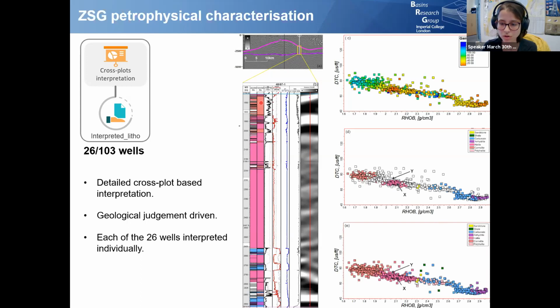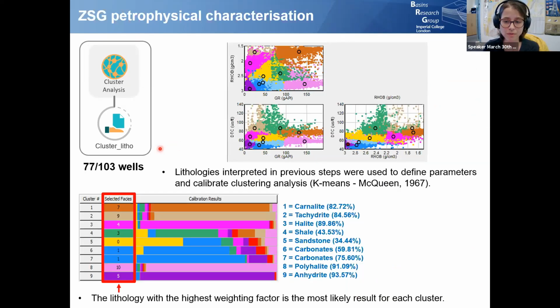So the results of this method were stored then in a second log called interpreted litho. Then by doing this, we fully interpreted these 26 wells, so no more blank zones left in those 26 wells. However, we are dealing with a large data set. Then to interpret the remaining 77 wells, we chose a statistical, more robust and less time-consuming method, which is cluster